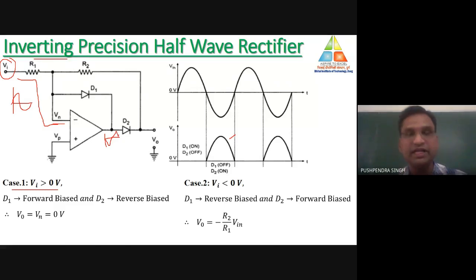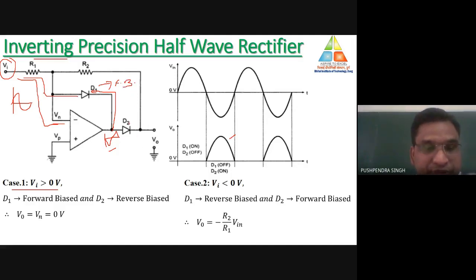Why? Because in an inverting operational amplifier, there is a phase shift of 180 degrees between the input and output terminals of the op-amp. That's why for the positive half cycle, we get the negative half cycle waveform. So due to that, negative voltage is applied at the negative terminal of D1. You are able to see now? If we start from this side, the positive signal is applied to the positive terminal of the diode. From this direction, negative voltage is applied to the negative terminal of the diode. That's why diode D1 will be in forward biasing condition.